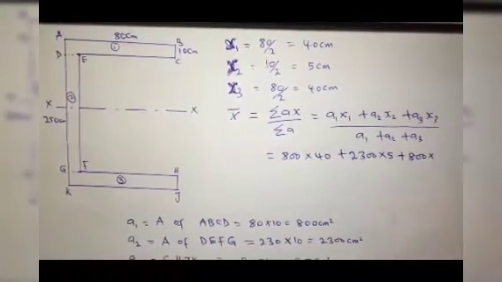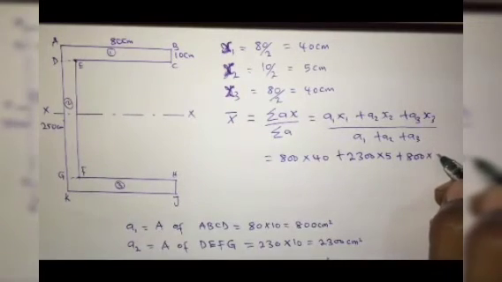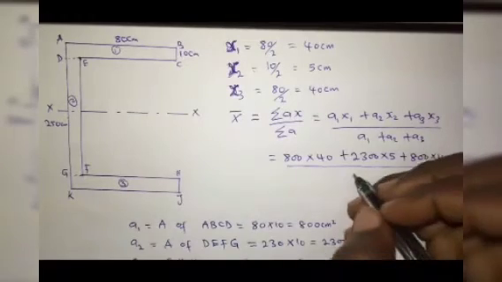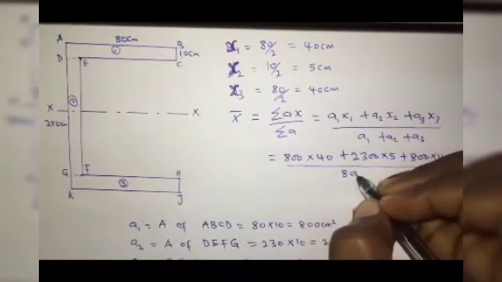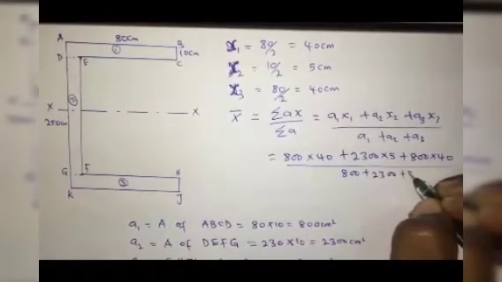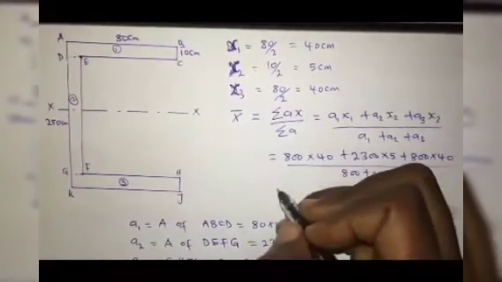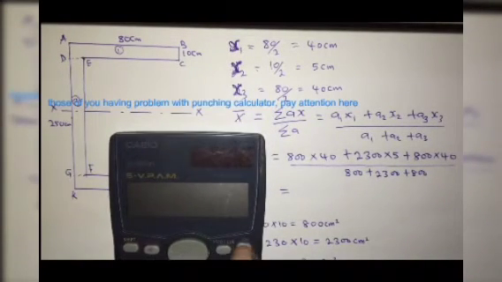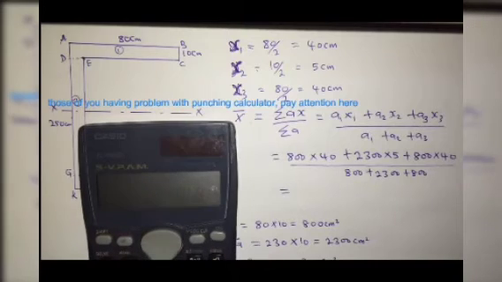A1 is 800, x1 is 40, A2 is 2,300, x2 is 5, A3 is 800, x3 is 40 also. So you add everything. After adding everything, we now have